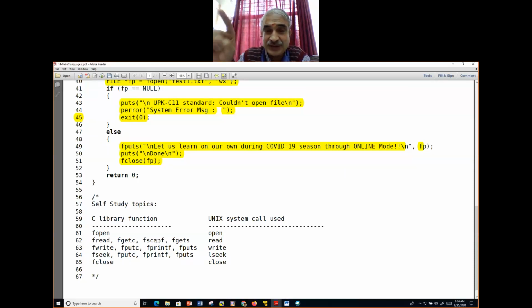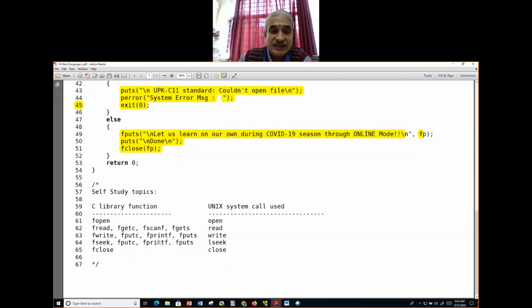fscanf will read from a file, not from the screen. fgets is there, right? Similarly, fwrite, fputc, fprintf, right? fputs, we have seen it now. The equivalent system call is write, right?